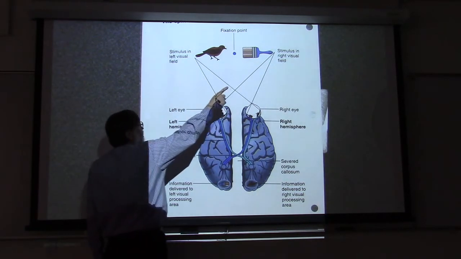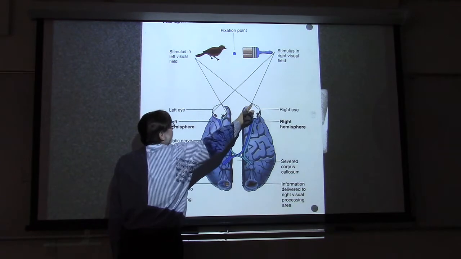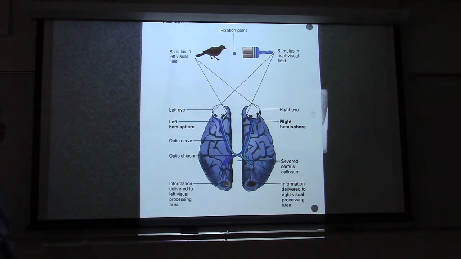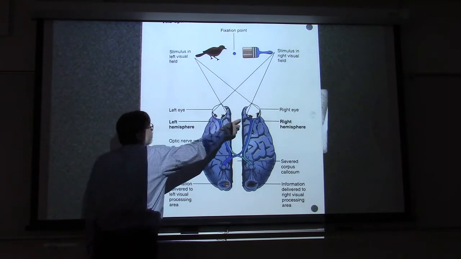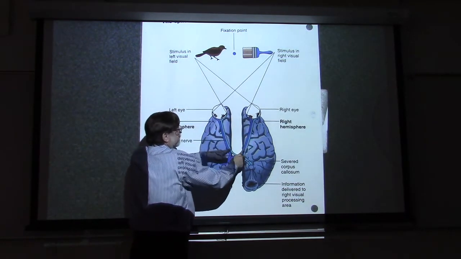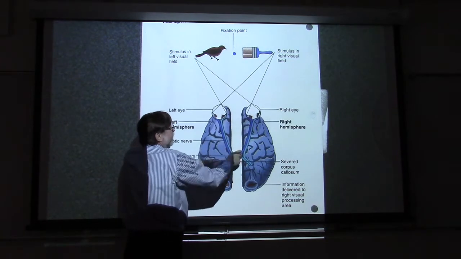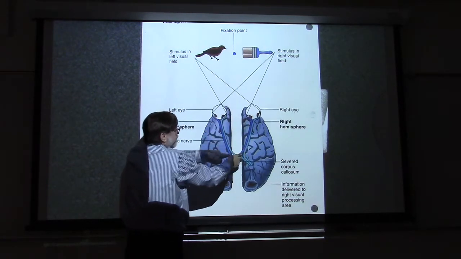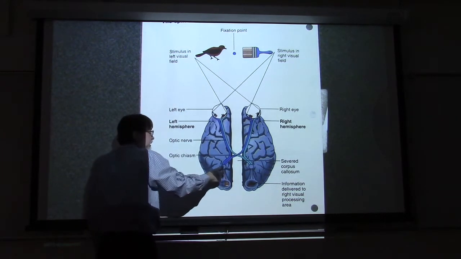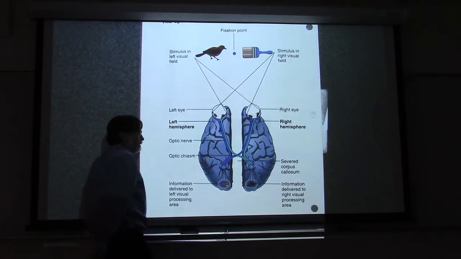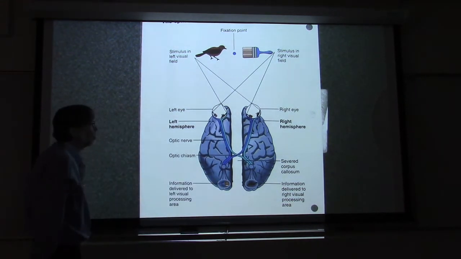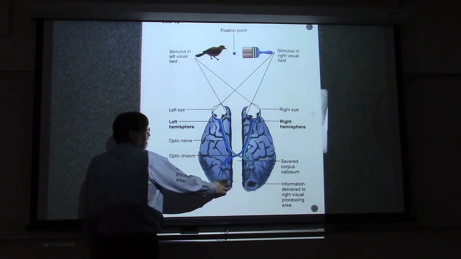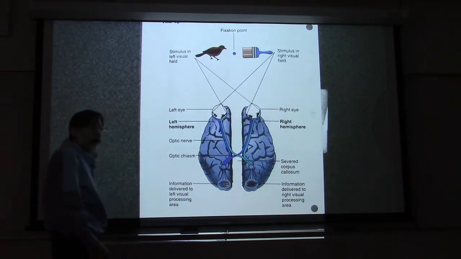Notice what's in the right visual field. Every ray of light goes through a point in the front of the eyeball. I'll talk more about the pinhole model for representing the optics of the eye. So what's in the right visual field ends up over here on this side. They come together at the optic chiasm. These cross, so the paintbrush that's in the right visual field crossed over here. The lateral geniculate nucleus, there are another couple of structures here that are also involved, and then fibers that come up to the visual cortex. So the visual cortex in the left hemisphere saw what was in the right visual field, and